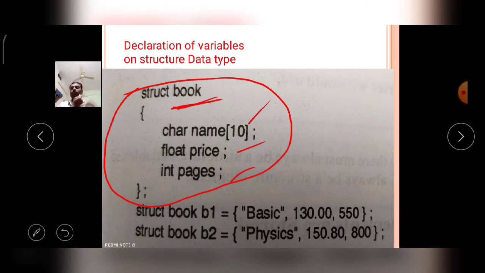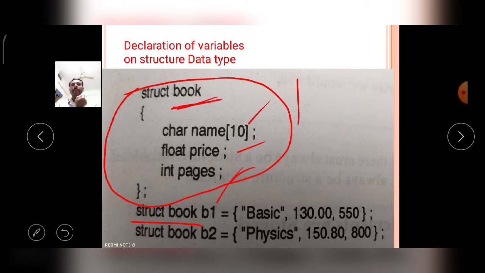Now you may create the variables on this struct book data type. That's why here I am creating struct book, mentioning the name of the data type. So the data type name is struct book and I declare the variable b1.